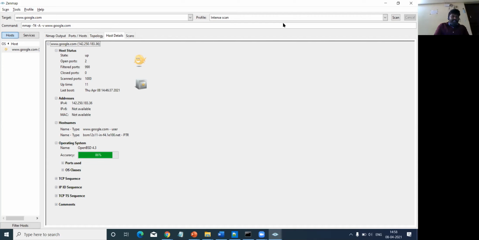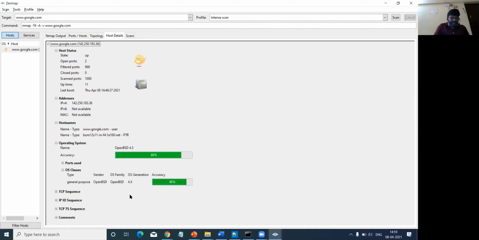So this gives the complete information about the addresses. I was talking about the IP address. You will get the number of ports that have been scanned, followed by the IP address 142.250.183.36 and then the host name. Then you will get the accuracy, 80%, and the operating system they are using.